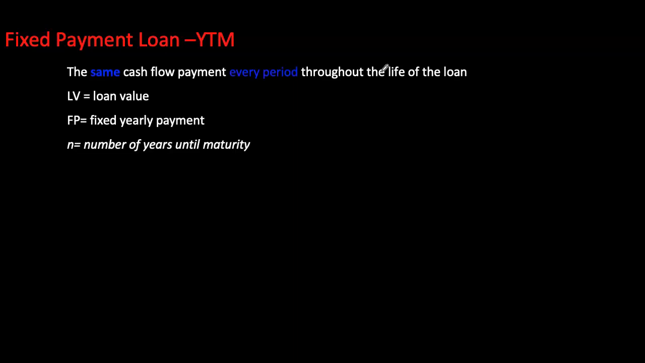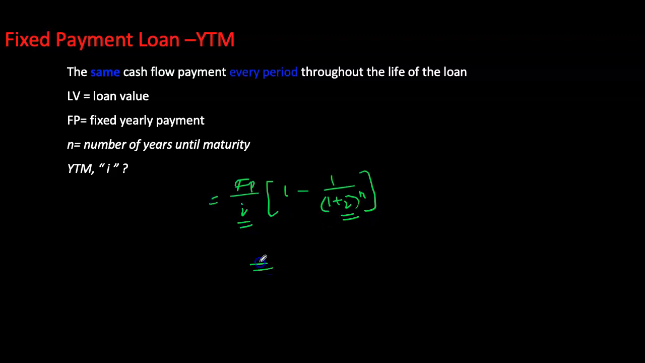In most cases, however, your fixed payment loans will feature a contract in which you know the fixed payment, you know the loan value, you know the number of years until maturity, and now you want to calculate the yield. How do you calculate the yield? As you can see from our previous expression, isolating I is going to be a very complex problem, and it cannot be done very simply, and that's why we usually refer to our financial calculators, or you can use Excel to calculate the yield to maturity for a fixed payment loan,